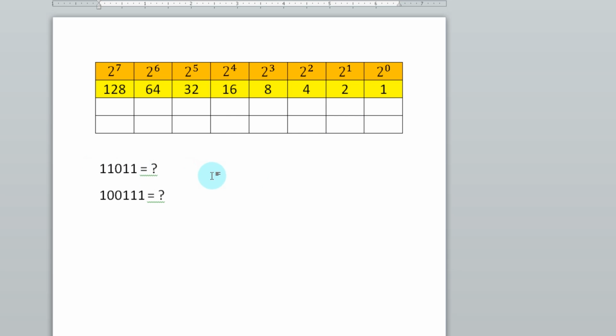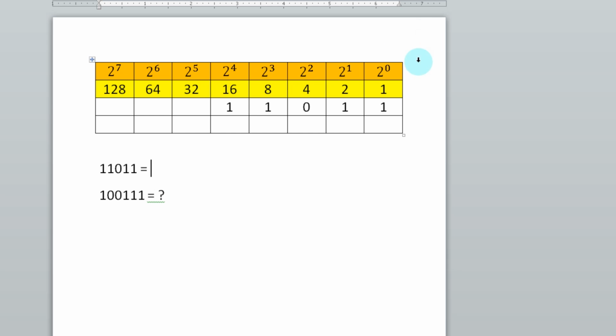So the first thing you need to do is try to put this binary in this table. Since we have this table as a guide, this will be easy. So first, 1, 0, just copy this here, 1 and 1. So now that we have placed this binary here, we know what numbers are necessary in order to get the correct decimal equivalent of this binary.